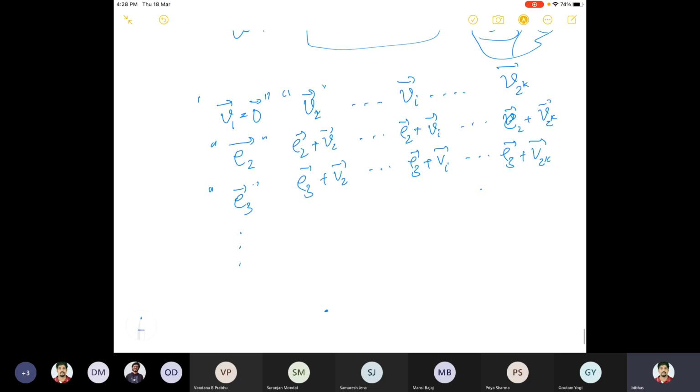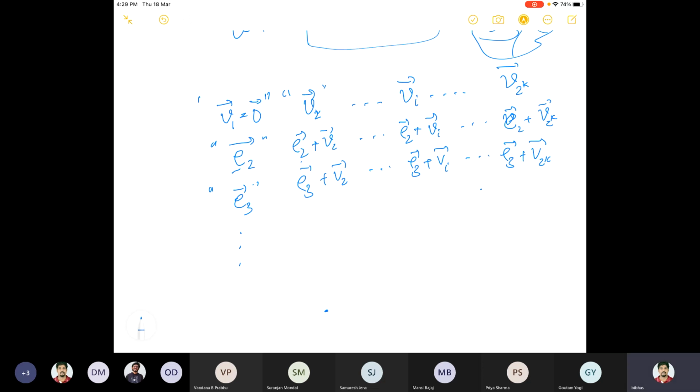So now what I'm doing is creating an array which I'll exploit in order to define my decoding process. How am I doing it? In the first row, I stack all the code words. Second, I choose E2, which is not used, and then write E2 plus V. See, if E2 is one of these V_i's, then E2 plus V2 is also one of the V_i's, because V_i is from a vector space, since this is a linear code.